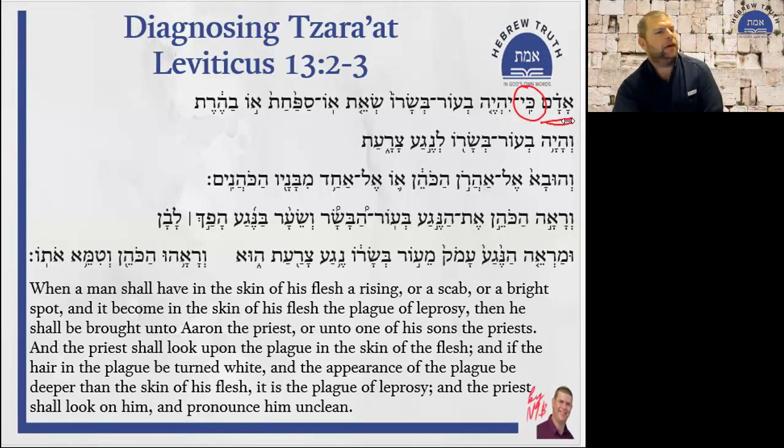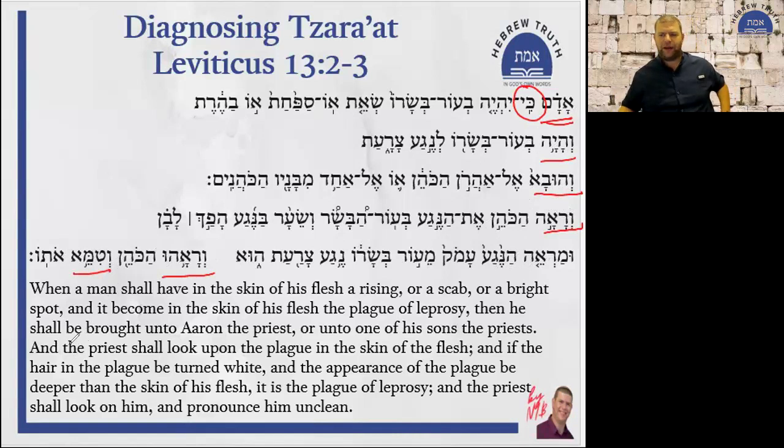Adam ki is very common in the beginning of casuistic law. Adam ki yihyeh be'or besaro se'et o sapachat o baheret, vehayah be'or besaro lenega tzara'at, vehuva, vera'ah, vetime. So here we have a legal text